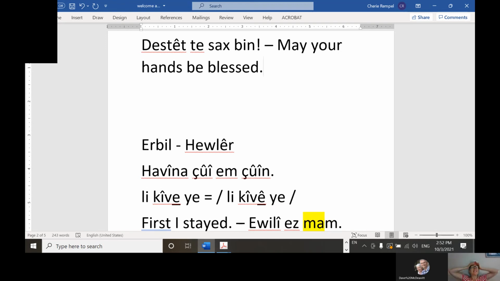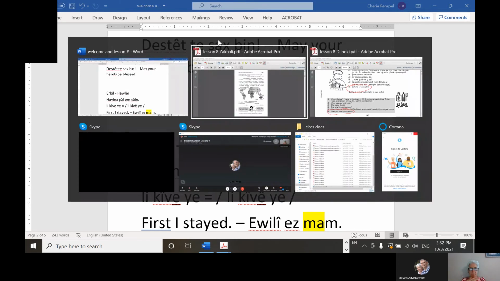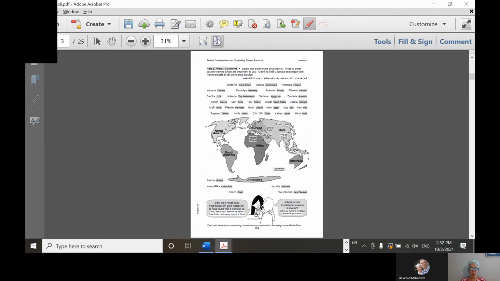What that means is it's just your work. They're pleased with the work that you're doing, and so they want to say something. You can also say daste ta sahbin after you eat a meal with someone to thank them for the food. Let's go back to that